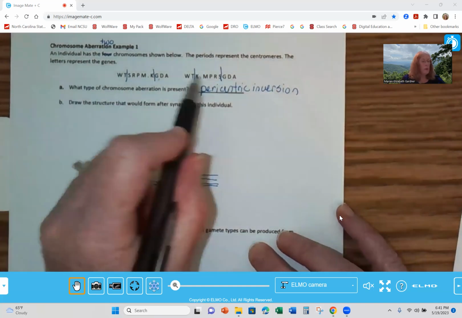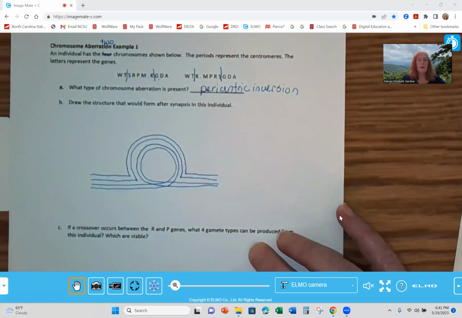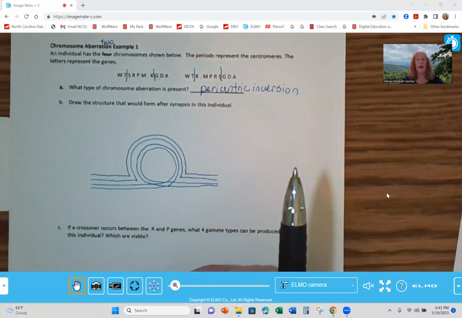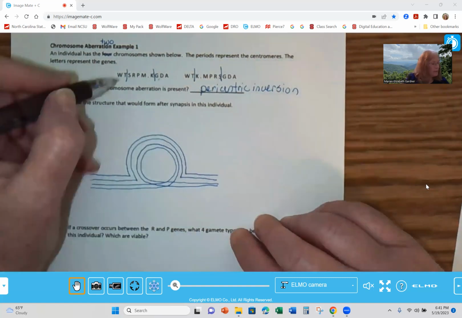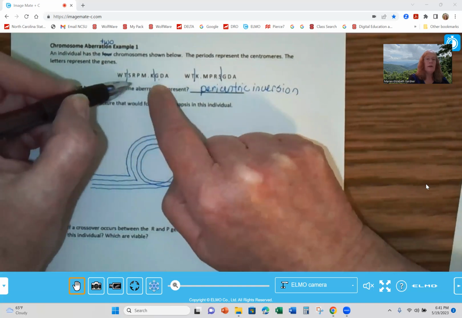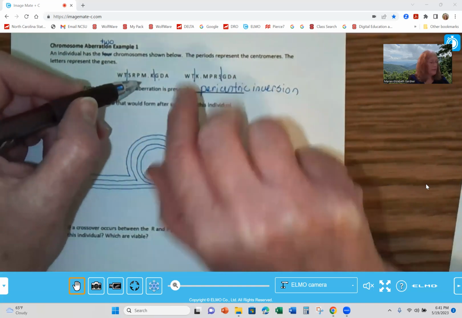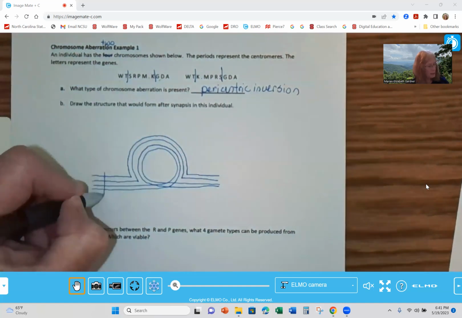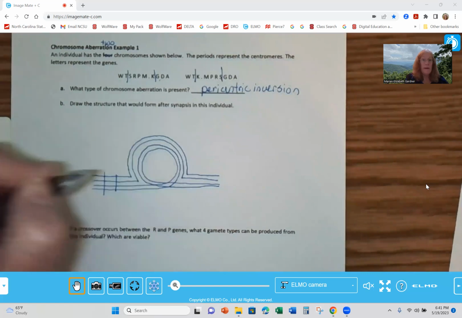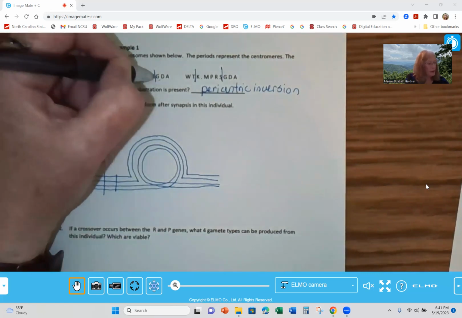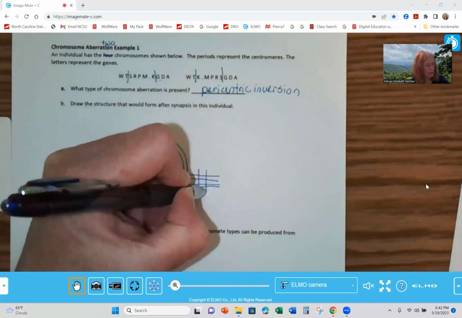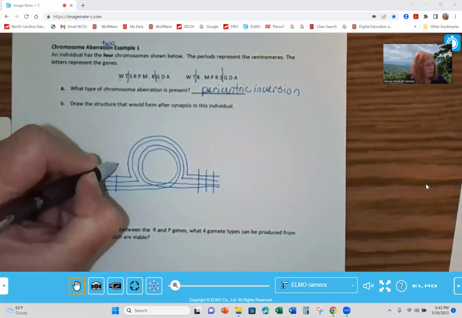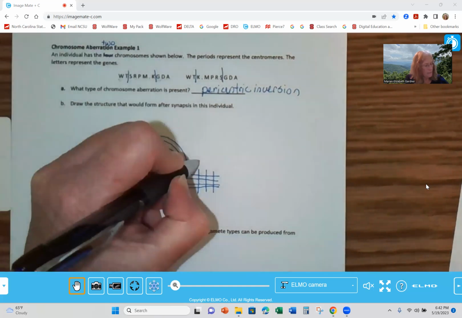Now, it doesn't matter which of these you decide to label first, because at the end of the day, both of these will be labeled on your diagram. So I like to look at the inverted loop, and I like boxing it off like I've done here, because before the first line comes before the bubble of the inversion loop, and after the last line comes after that loop. So I'll put WT before and GDA